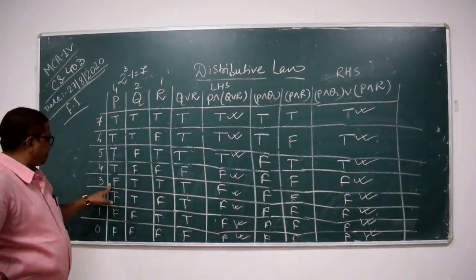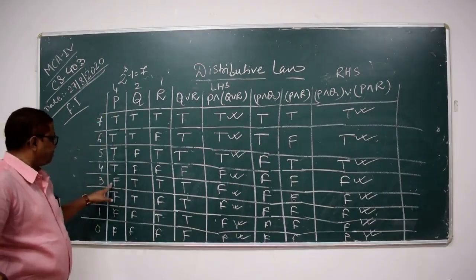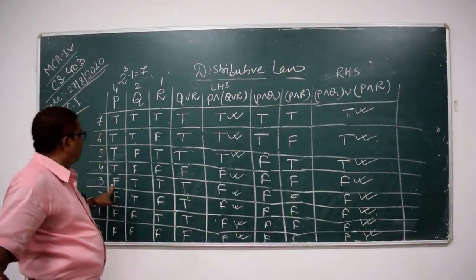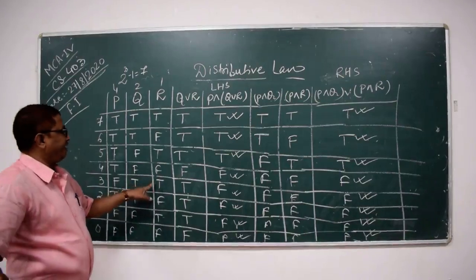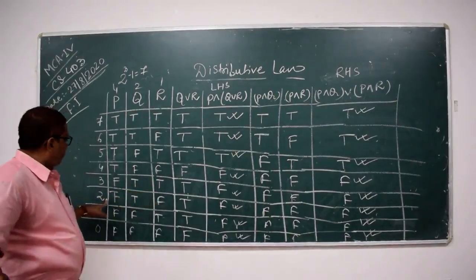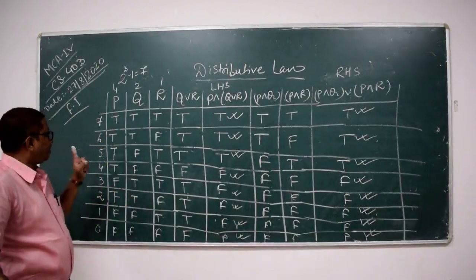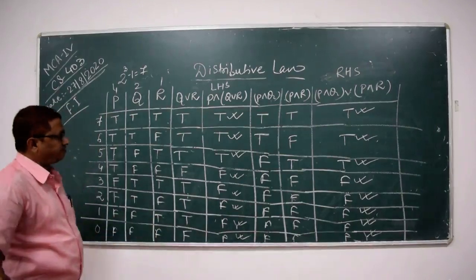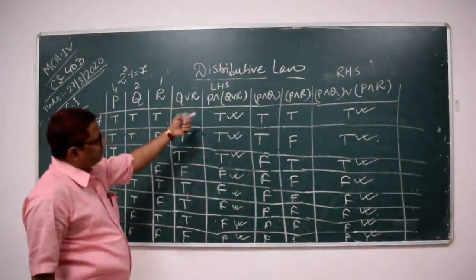Now come to the another part. Now we are representing 3. हम लोग 3 represent करने जा रहे हैं. At the position of 4 is 0. Now 0 is nothing but F. At the position of 2, we are representing 1 and 1, 3. Now we are representing 2. At the position of 2 is 1, remainings are 0. And now we are representing 1. At this position is 1, remainings are 0. All are 0. After constructing this part, now come to the left hand side.